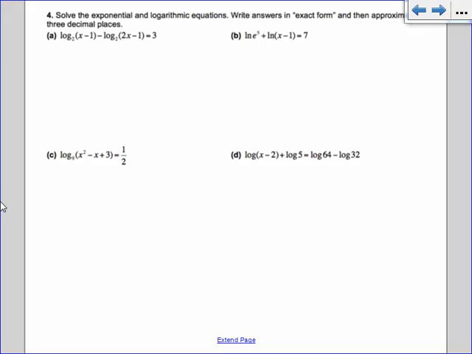All right, so our last little bit for the review of pre-calc topics is going to be logarithms, and then we have a little bit with the graphing calculator. Okay, so 4a says log base 2 of x minus 1 minus log base 2 of 2x minus 1 equals